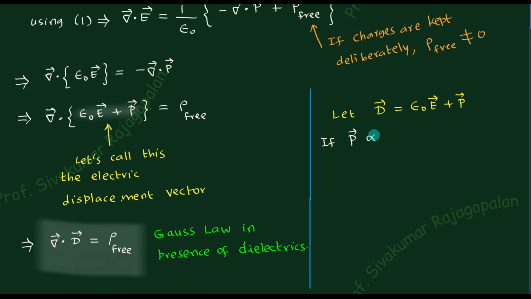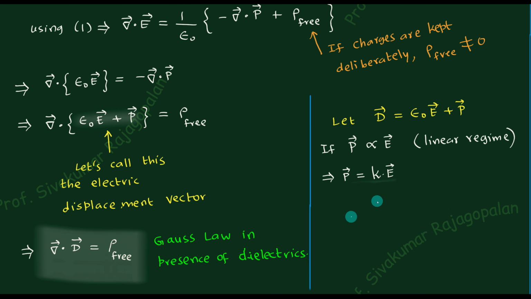So this quantity which is written here, we will simplify based on our experiment in the linear region. What happens in the linear regime is that the electric polarization is going to be proportional to the electric field, the graph that we have seen some time back. And because of the constant of proportionality, we put a constant k here. And this constant can be rewritten in terms of some other constant.